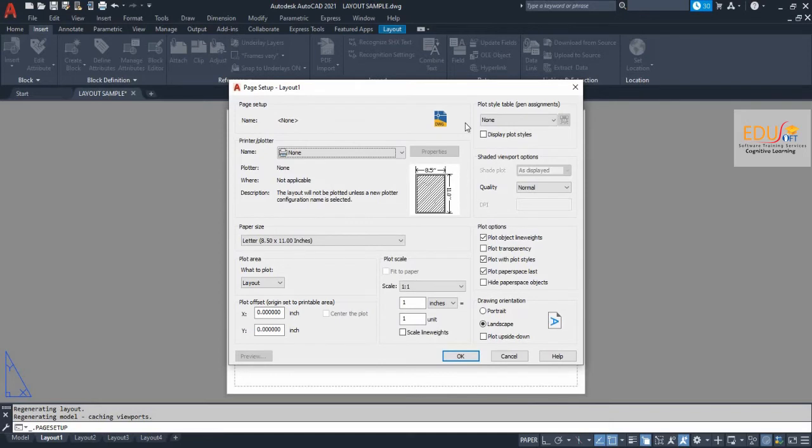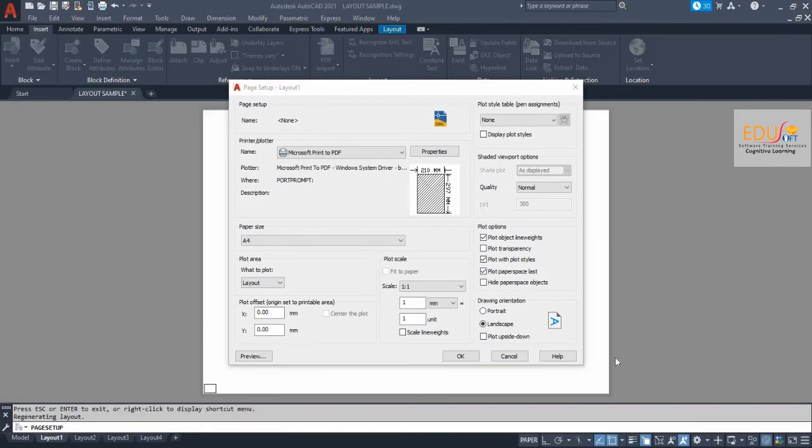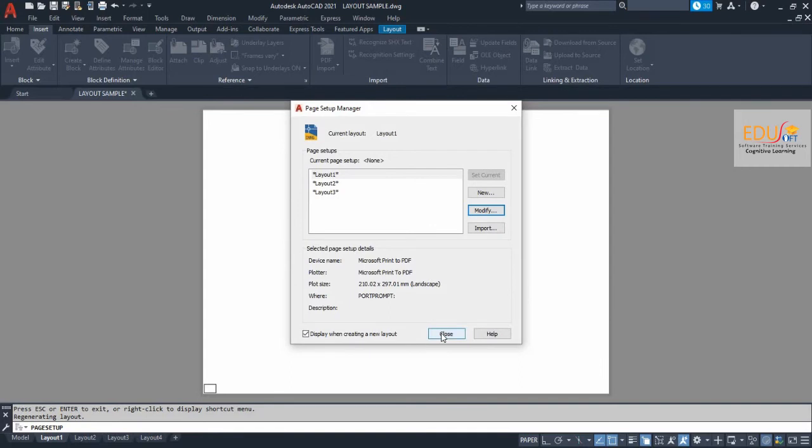In the page setup dialog box, you can change a number of options including paper size of your sheet, printer options, plot style and color options, paper orientation and plot scale, to name a few. I have arranged my page into A4 size and selected the plotter as PDF. Click OK. Close the Page Setup Manager.